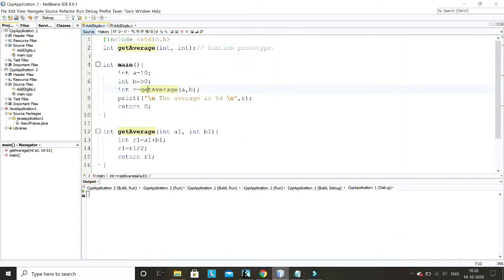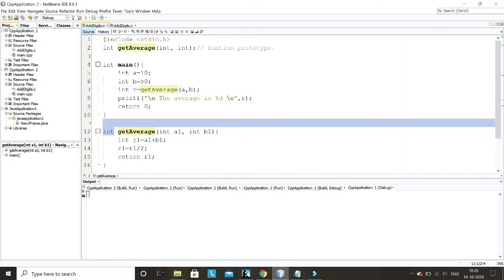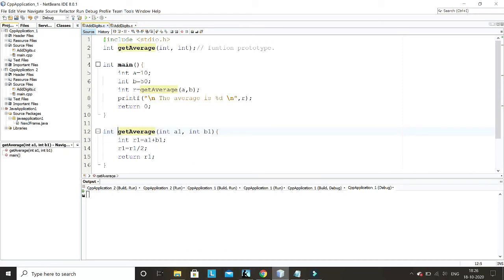So previously the function was not returning. So now if you check this function head, this function head also has a return type. This function is returning an integer data, and then this is the function name, and these are the two parameters. So this is the full function. All the facilities of a function are available in this function definition. Okay, and this is the function head.